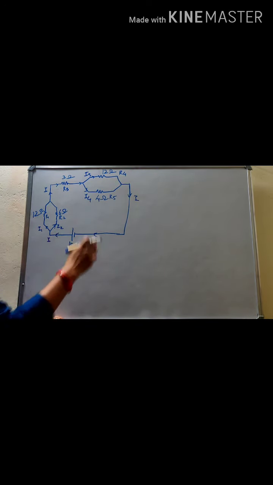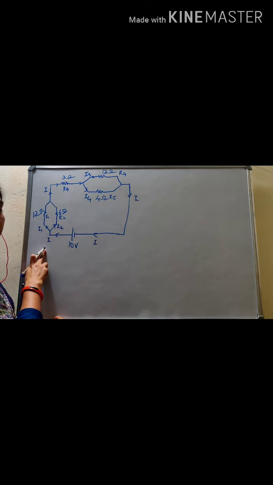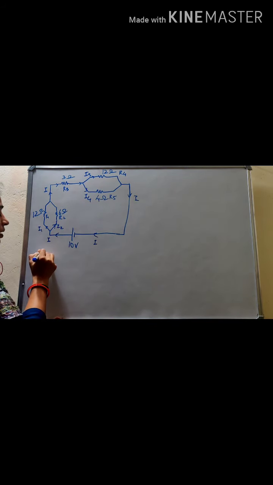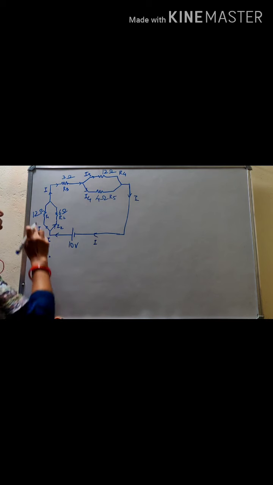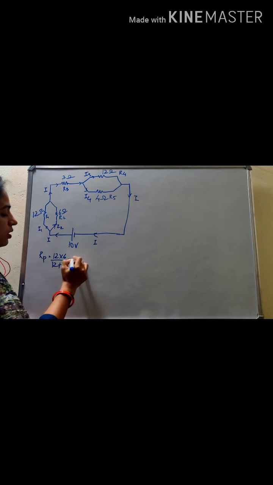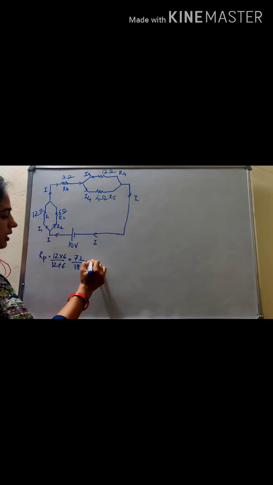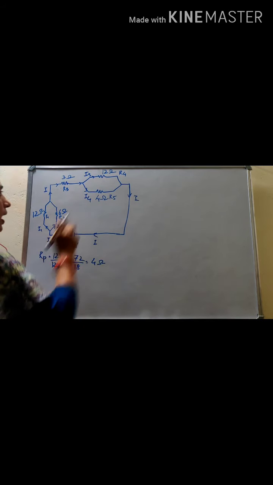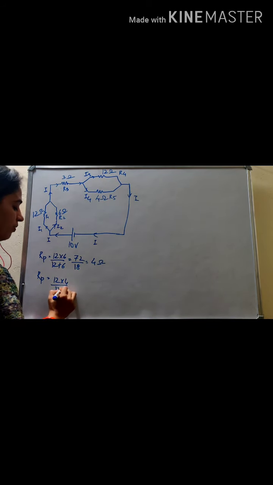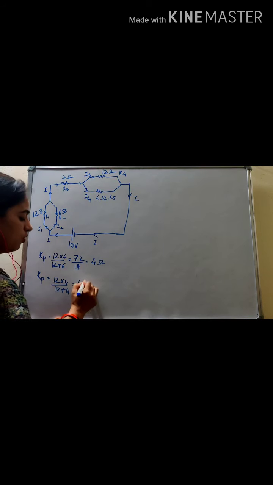Okay. So first, in order to find the total current I, we need to find the total resistance. First we will solve these two equivalent parallel resistors. So Rp is equal to 12 into 6 upon 12 plus 6. 12 times 6 is 72, divided by 18, that is equal to 4 ohm. And Rp of this network will be equal to 12 into 4 upon 12 plus 4, that is equal to